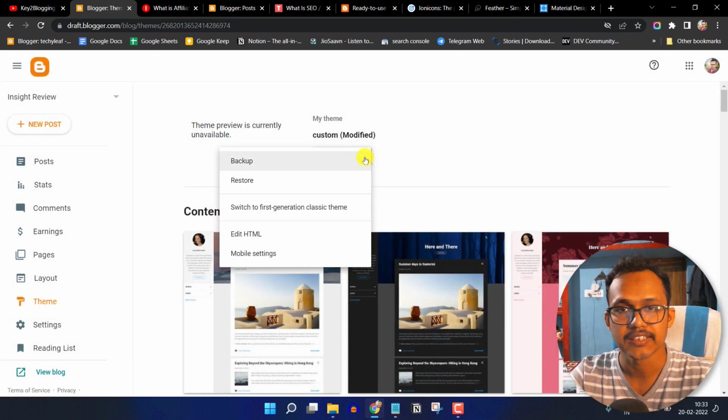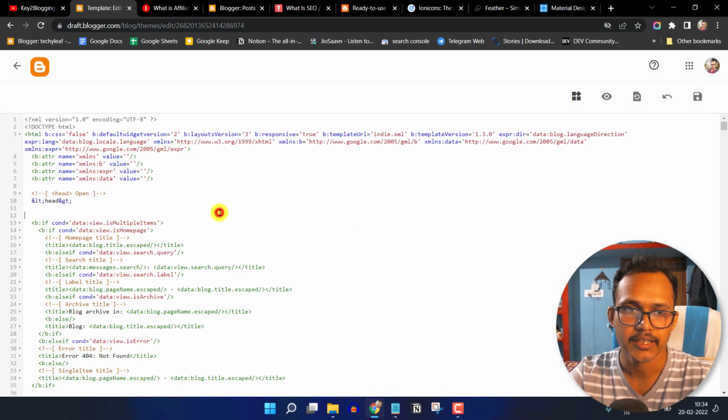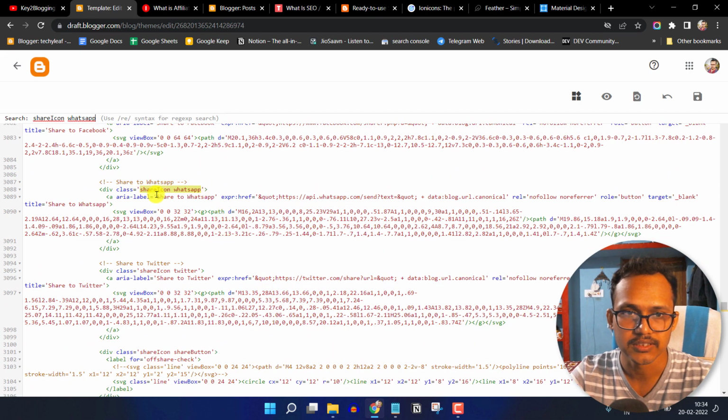Now before changing anything, make sure to take a backup of your theme. So in case you do anything wrong in this process, then you can easily restore it by copy and paste of the backup file. So let me just click on edit HTML and here I will type control+F and I will paste that class. So as you can see, this is the share icon WhatsApp, and here you will find the old SVG code.